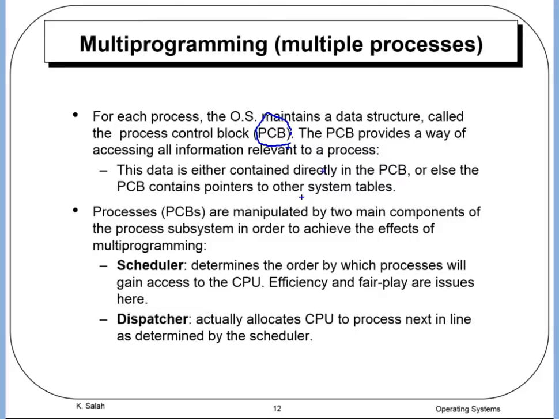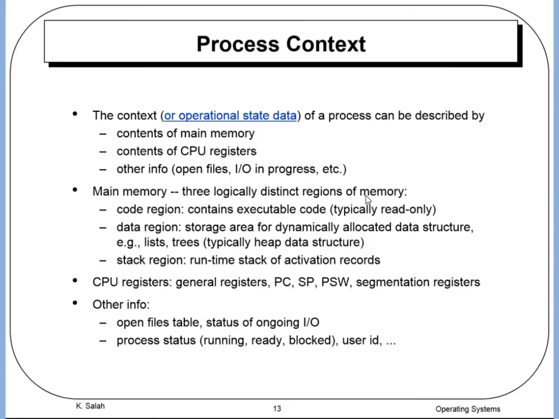In reality, this process control block contains the context of the process. So the process context describes the operational state of a process. Okay. So the process control block, this PCB, has the operational state information about the process. It has the main memory